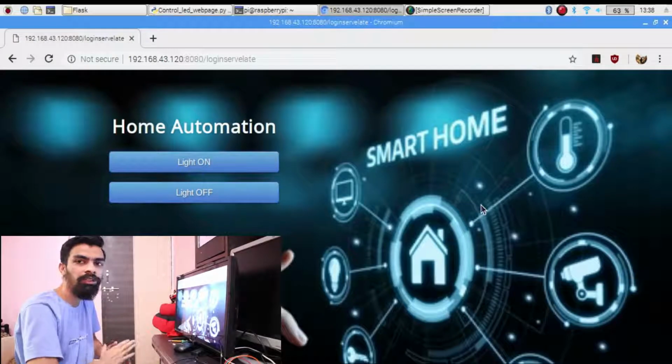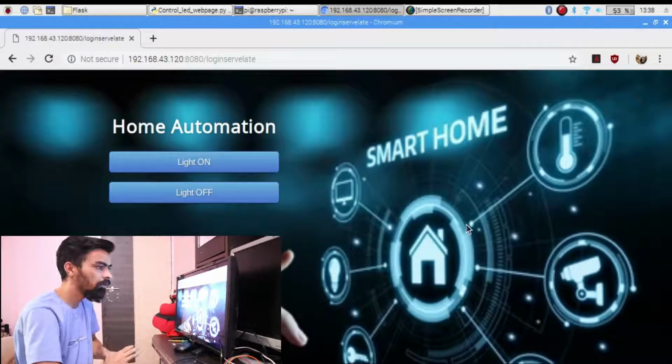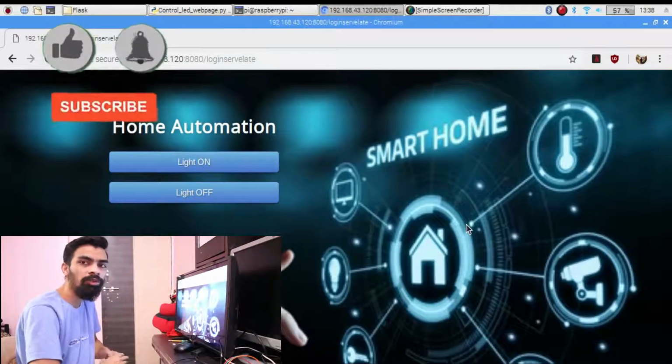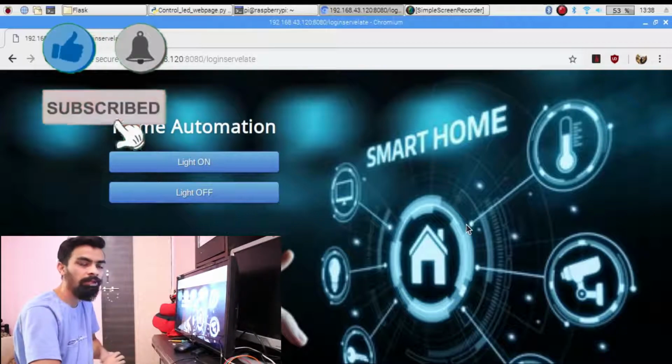Hello friend, in today's session we will learn how to create a simple web page. From that web page we will be able to turn on and turn off your AC load by using a Raspberry Pi. So in this session we will completely use the Flask framework, and from that Flask framework we will design